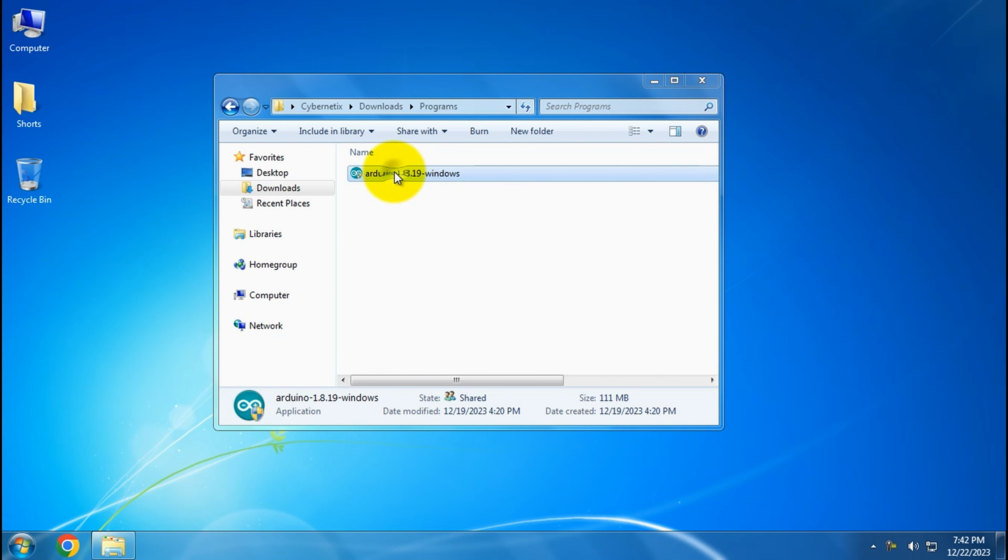First, I install the Arduino Integrated Development Environment into my Windows 7 system.